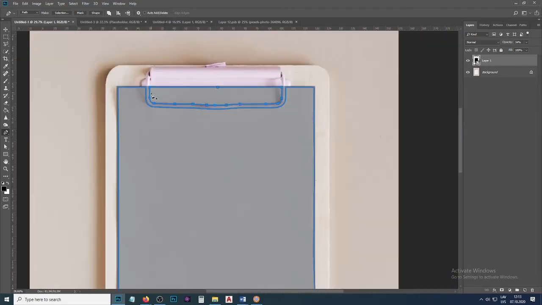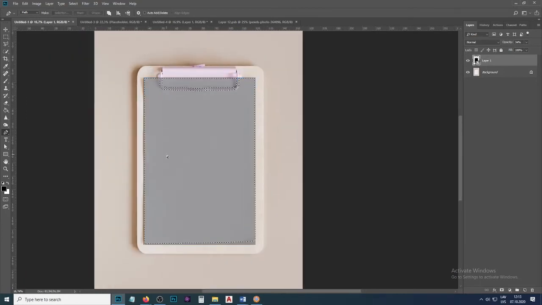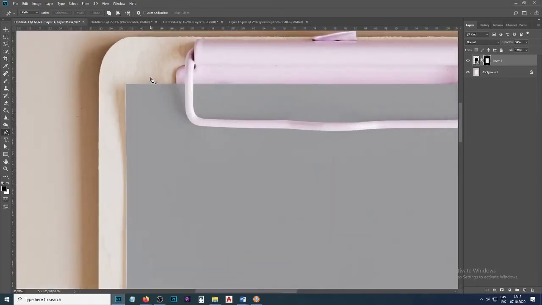When the outline is made, press Ctrl Enter and we get a selection. Now let's take a mask and see exactly what we have selected. This metal press looks good. Pay attention to the advantages of the pen tool in case we notice any deficiencies in the work, such as